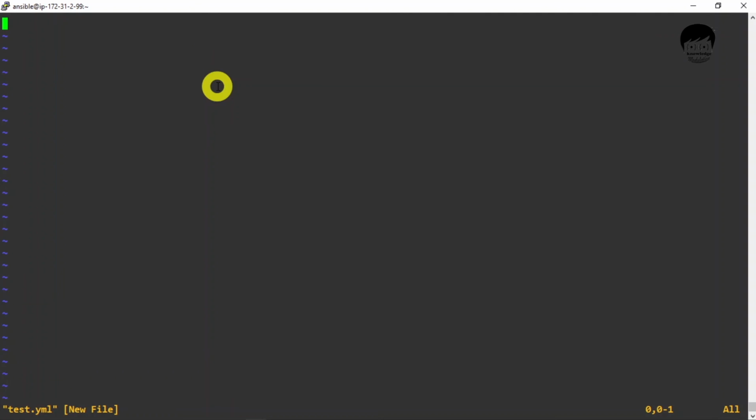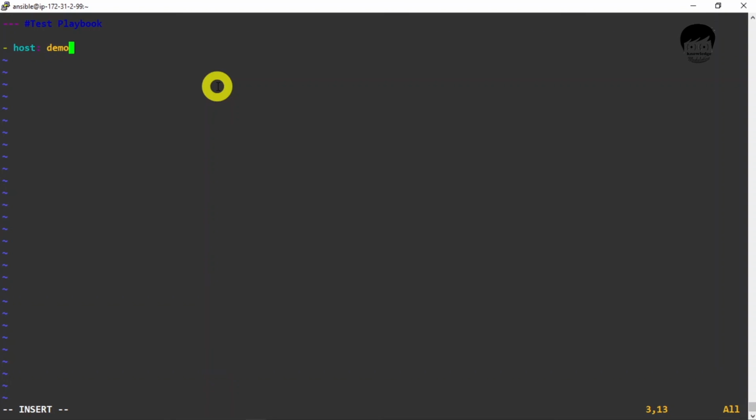Okay, every YAML file starts with three dashes, and I will give the name as test playbook. Okay, and then one dash and a space, and here I have to write hosts: colon, space, host name.